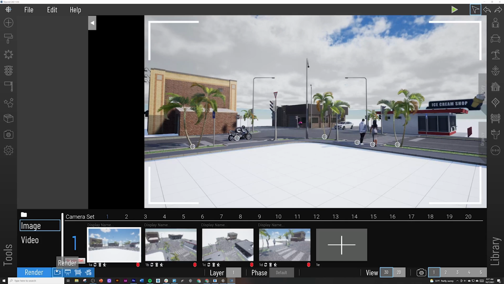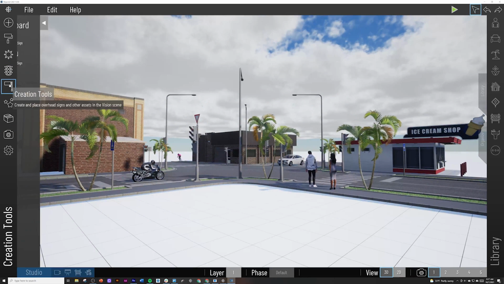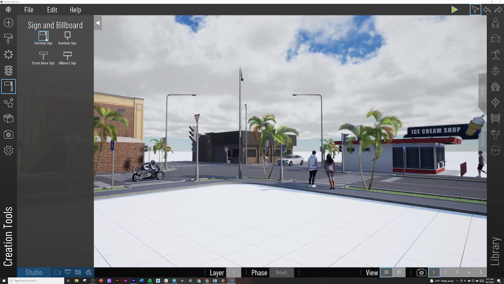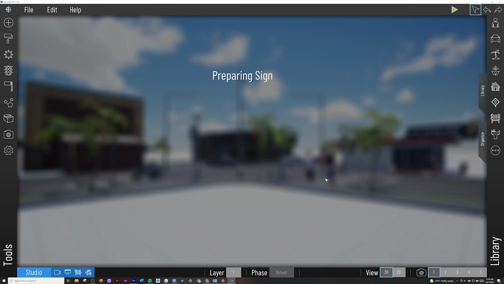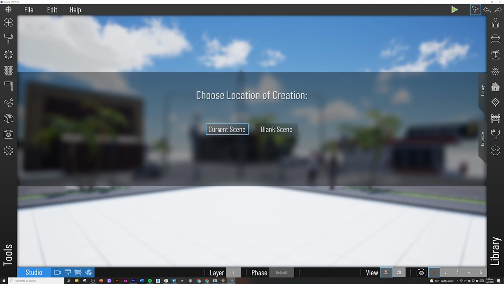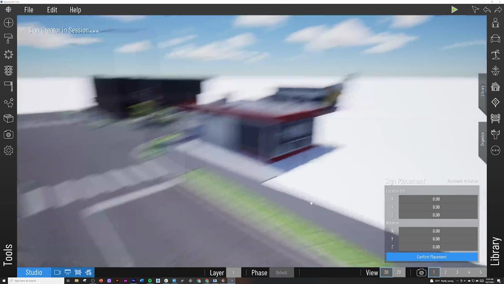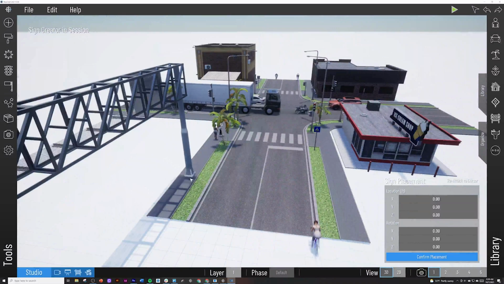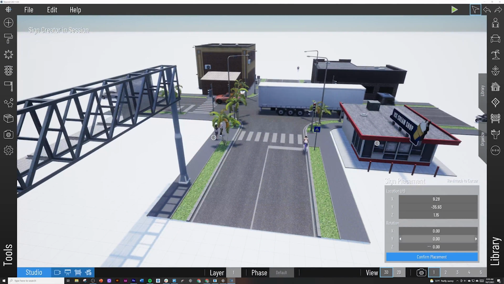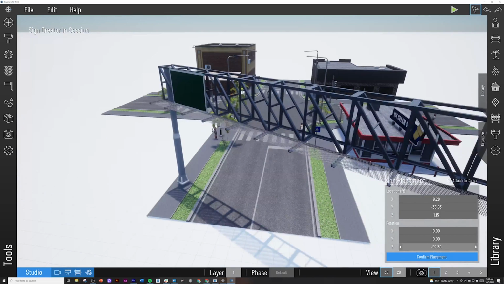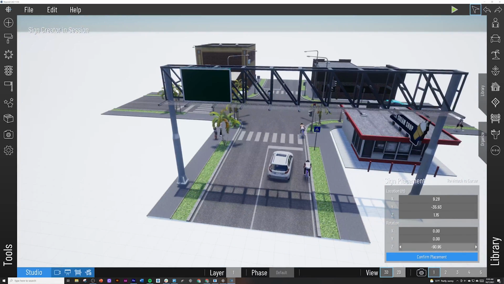All right, so we'll continue on to the creation tools, which right now we have signs. We have overhead signs and roadside signs. So we'll first create an overhead sign, and we'll do the current scene, and we want to place it right here, and then Z to rotate it. So I'm just clicking and dragging to get it where we want it,